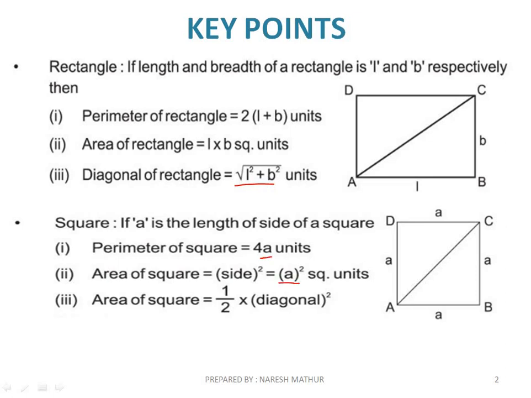a big deal. This formula may be new for you. Area of a square is half into diagonal square. Okay. From here, this formula we seldom use, very rarely, but it is also a formula. So we can see the value of the diagonal of a square from here is always side root 2. This thing you can remember. If the side of a square is A, then the diagonal of a square is always side root 2, or here A root 2. Alright.